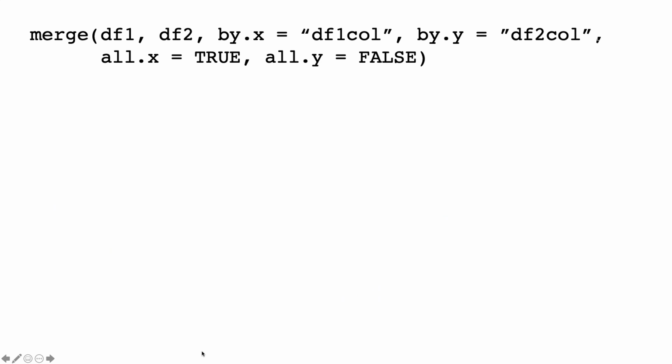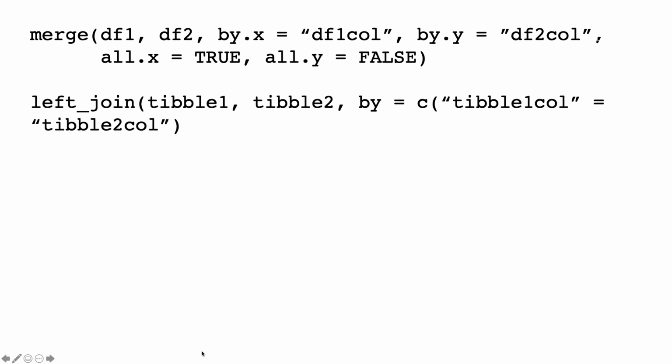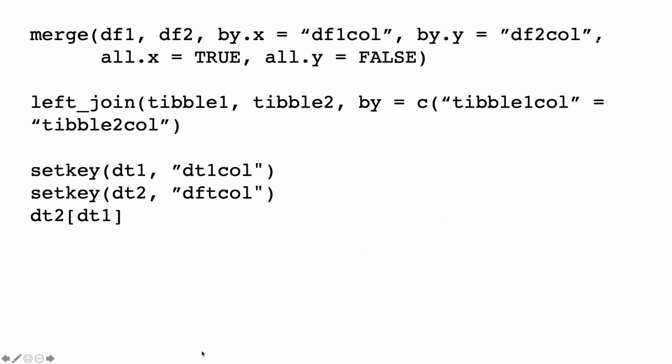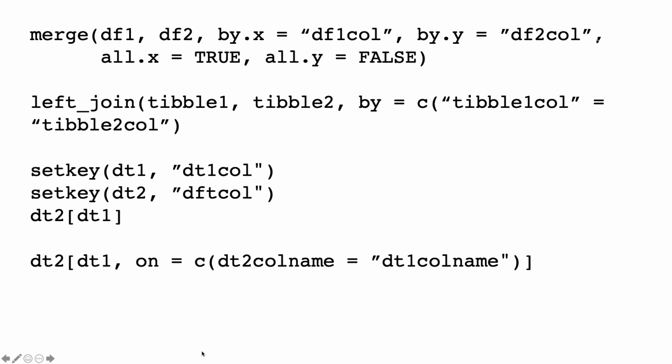To recap, here's code to merge two data frames by a common column where you want all rows of the first or left data set and only matching rows from the other one. This is the syntax for base R or data.table. This is the syntax for dplyr using a left join. This is syntax for data.table. Remember, you can also use merge. And the other syntax that doesn't need a separate setKey statement. I don't use it, but this is what the on argument looks like.